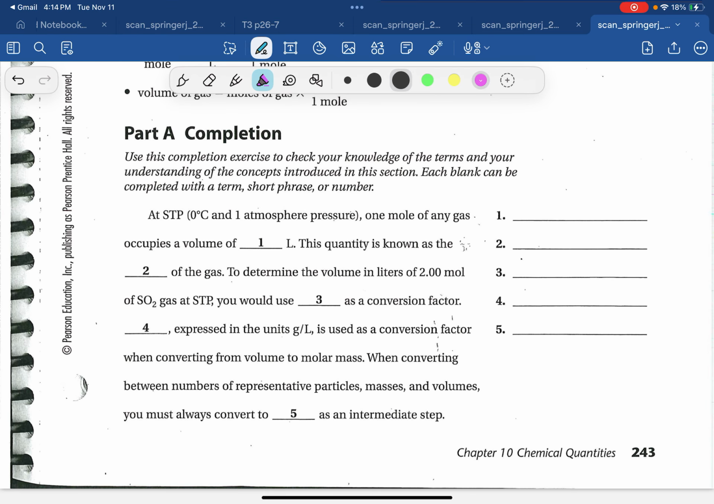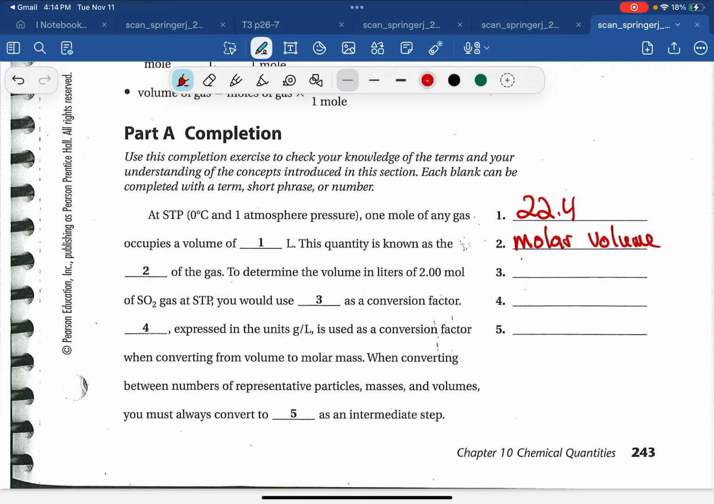At STP, 1 mole of any gas occupies a volume of, this is the one you should be familiar with, 22.4 liters. This quantity is known as the molar volume